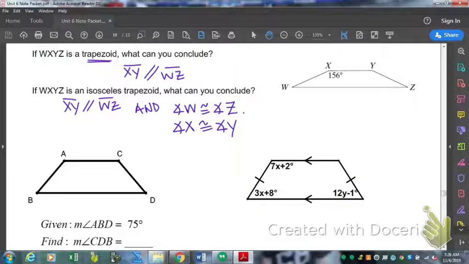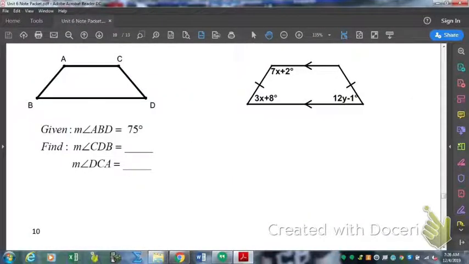Okay, so next stuff here, we got two little trapezoids going on here. Let's check them out. ABCD here. If the measure of angle ABD is 75 degrees, find CDB, and the measure of DCA. Okay, well, we know that these guys are congruent, right? So if ABD is 75, CDB,